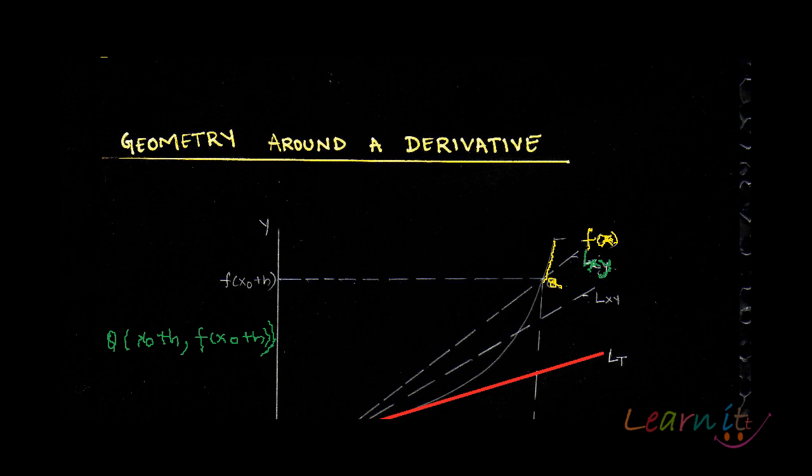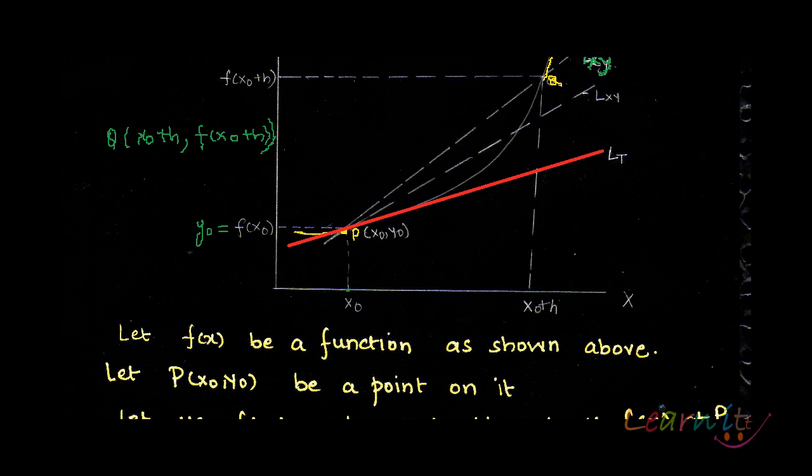Now, my question to you is, how do you differ this line PQ from the tangent line LT? So LXY and LT. How do you differ LXY and LT? LT is the tangent line. Okay, how do you differ these two lines? Now, what is happening is that